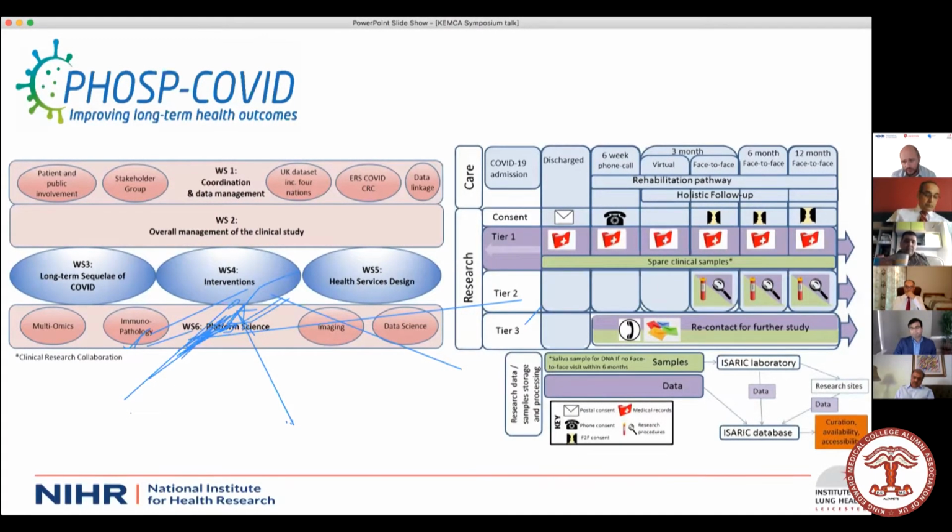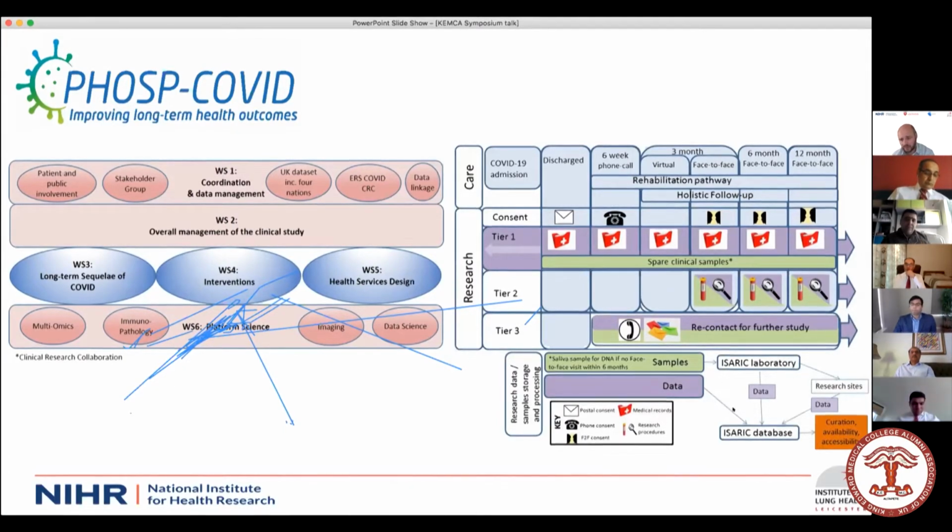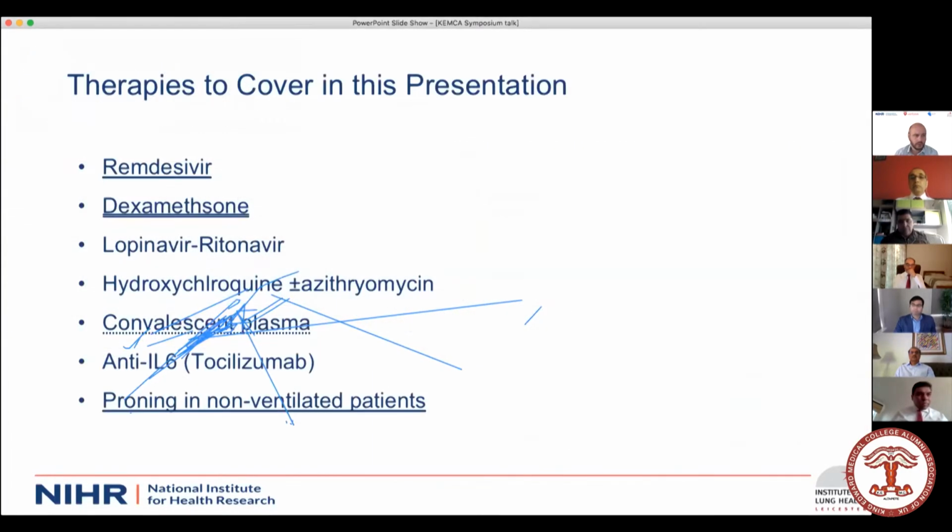And this is also linked with the Azaric cohort, which is their laboratory, so we'll have things like saliva, and we can link directly data with the Azaric cohort, which will be a fascinating follow-up, because we'll get a real idea of the genomics of a pandemic, which will, of course, never have been done before. So I've covered a few therapies here.